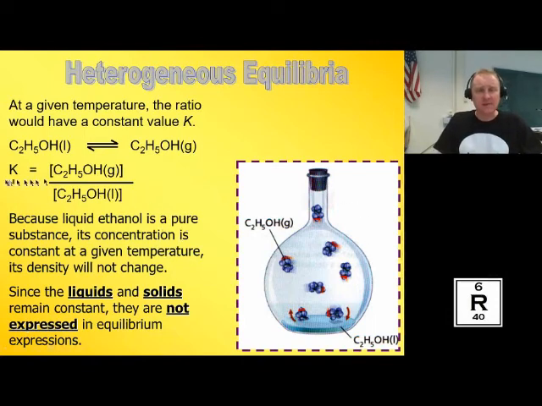So having said that, this initial idea we had here is not actually correct, because this is a pure substance. It doesn't have a concentration. Remember, that's what those brackets mean. It doesn't have a concentration. So simply stated, the equilibrium expression for this equation here would exclude the liquid. So it would be simply written as just the concentration of ethanol gas. As long as there's some liquid, you're going to get a specific concentration of the ethanol gas. So do not include liquids or